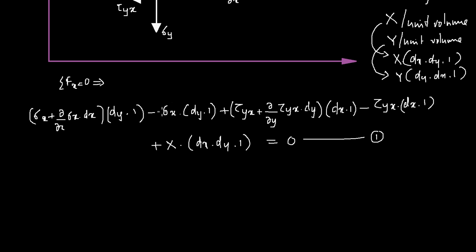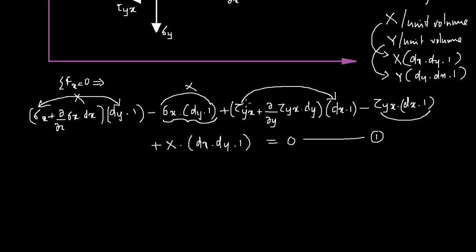Now you can see you have a negative sigma x times dy times 1 here, and you have a positive sigma x dy times 1 here. So this term will be cancelled, this term also will be cancelled, and similarly you have a minus tau yx times dx times 1 here, and also you have a positive tau yx times dx times 1 here. So that term also will be cancelled, and therefore you will have